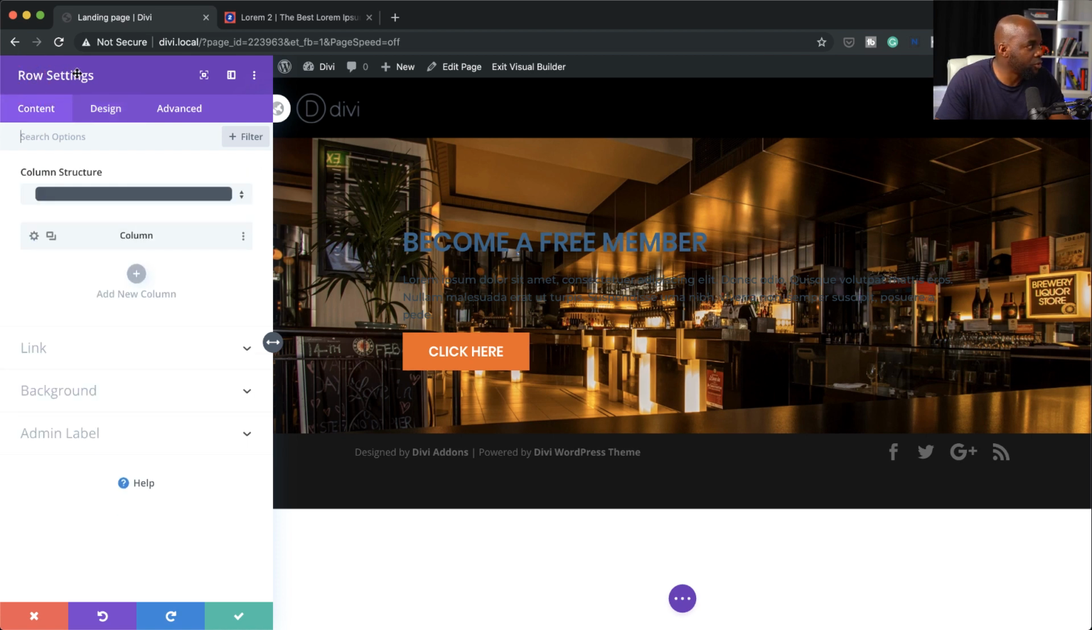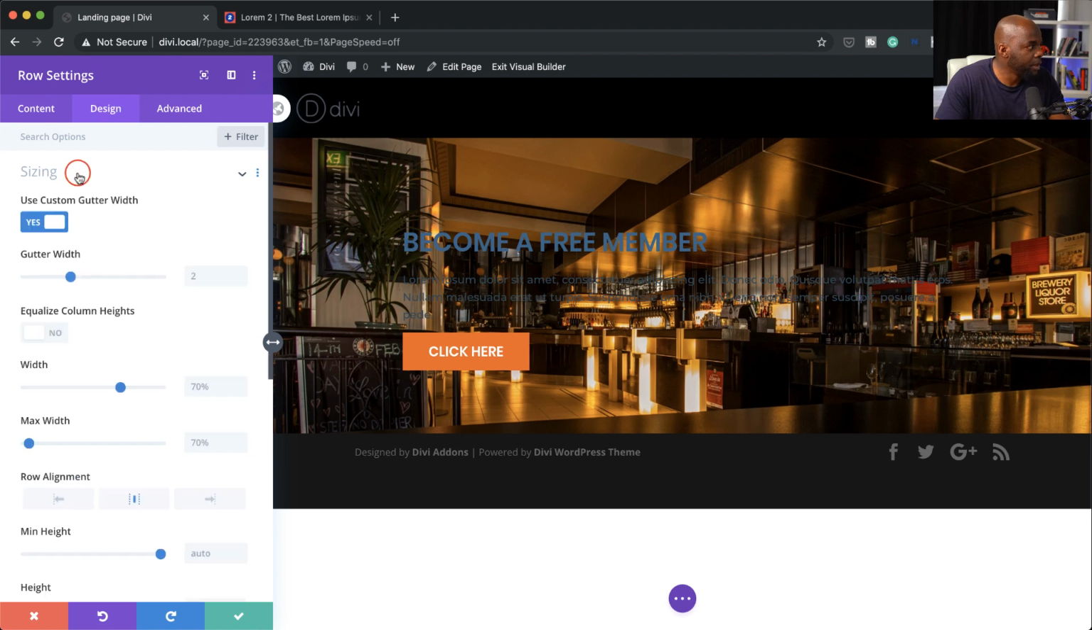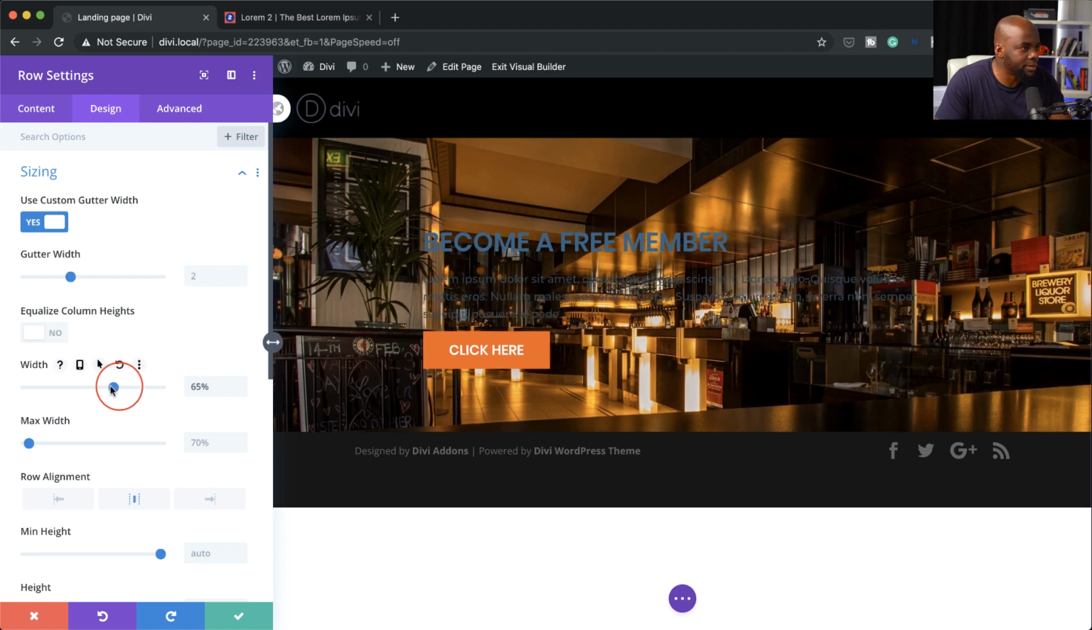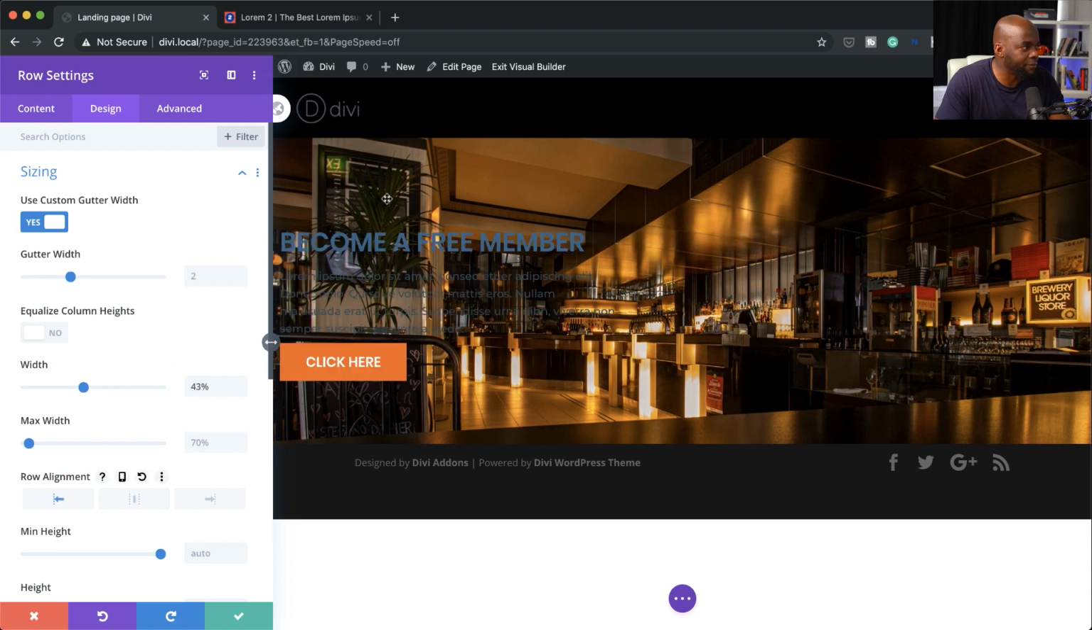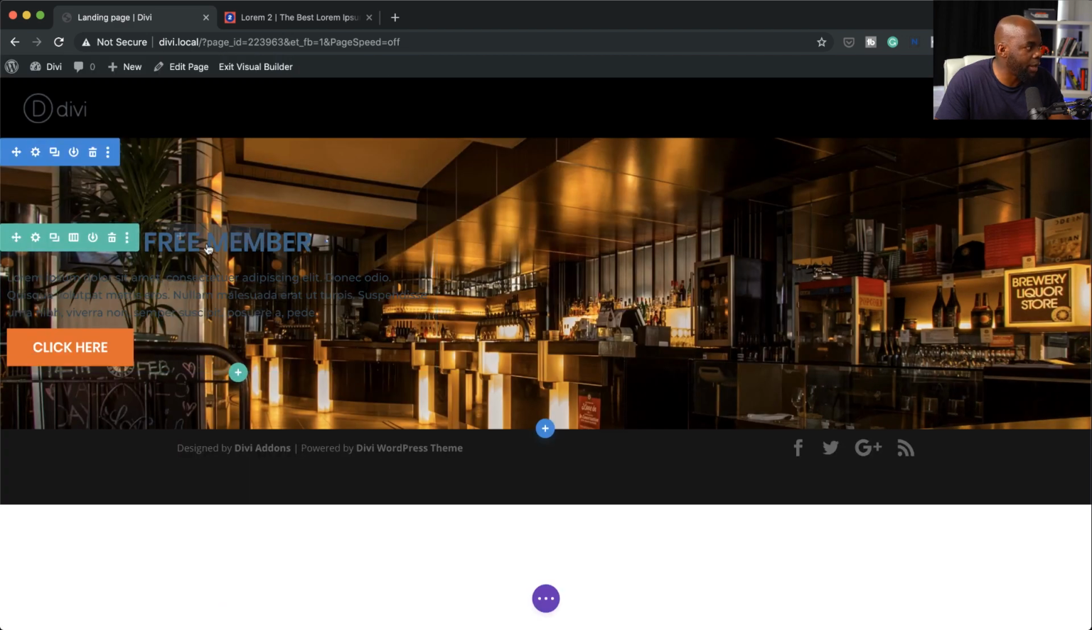So let's go back to our row settings, design. So here I need to work on the sizing because right now it's just going all the way across. So I really want to make this slightly smaller and also aligned to the left. So now you can see all our content is right here on the left and it's all reasonably laid out now. So the next stage now is to pretty much save this and then let's go and start working on